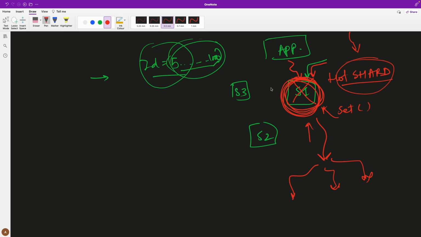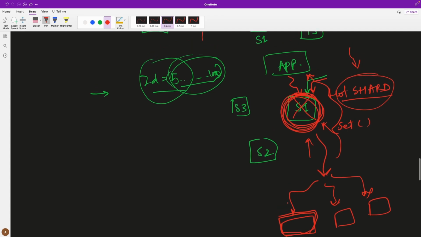So every time the logic on the database changes, you have to make changes in your application as well, because the application has to know which shard holds which data. So that's another disadvantage of sharding.